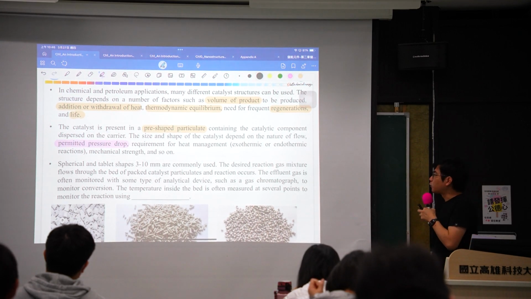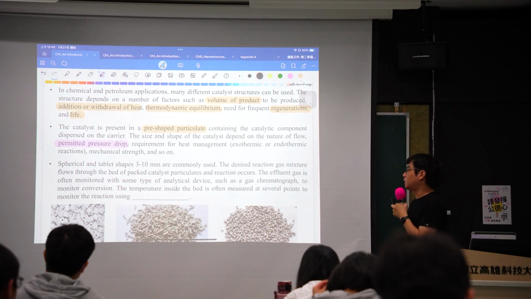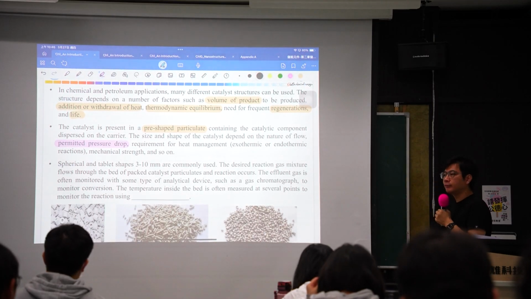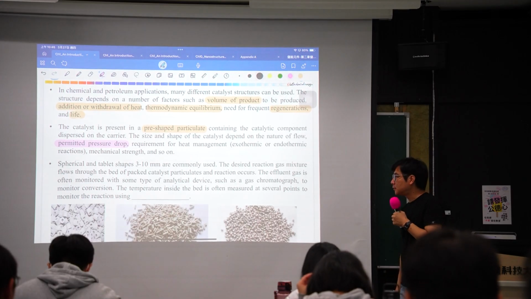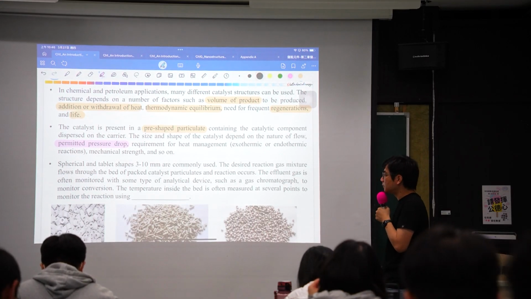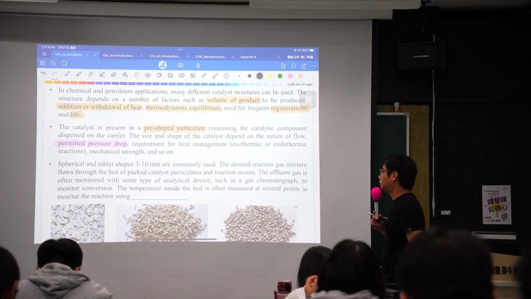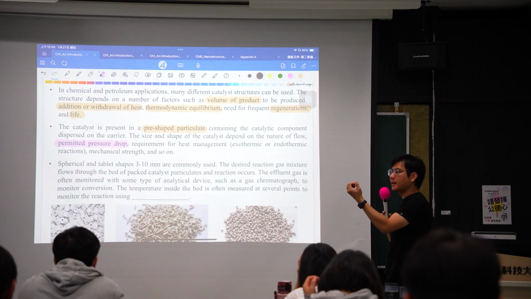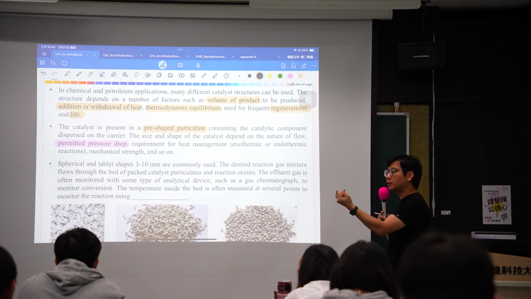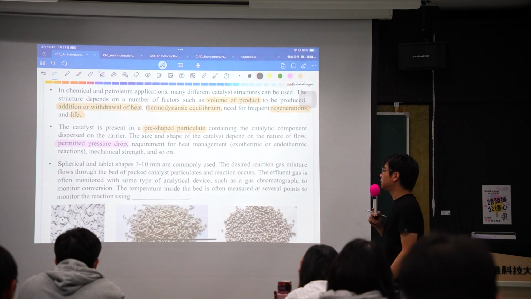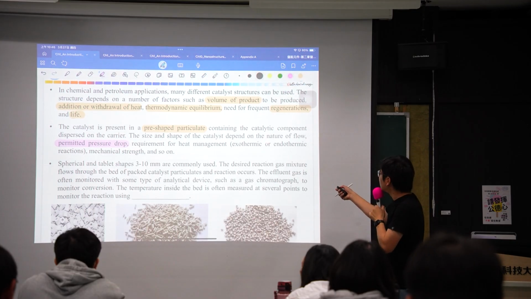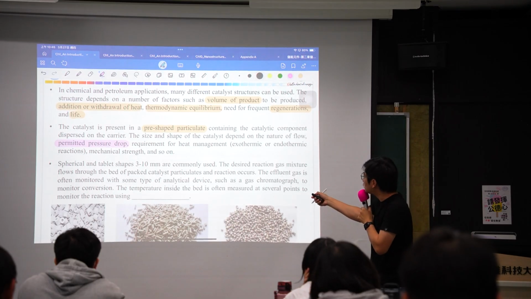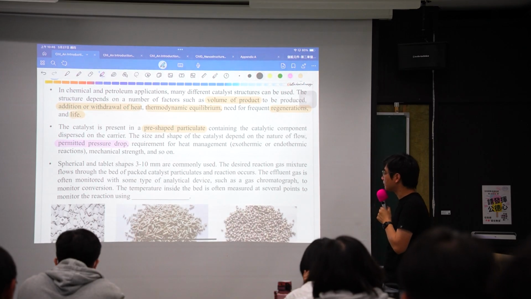Okay, requirement of heat management is 这跟你的 heat transfer related to heat transfer. Okay, you have unit operation, like the unit operation class 2, unit operation 2. Okay, thermal transfer, heat transfer. The first one is unit operation 1 is momentum transfer, 2 heat transfer, 3 mass transfer. Okay, so you design a reactor, you have to consider a mass transfer and also a heat transfer, exothermic and endothermic, and then